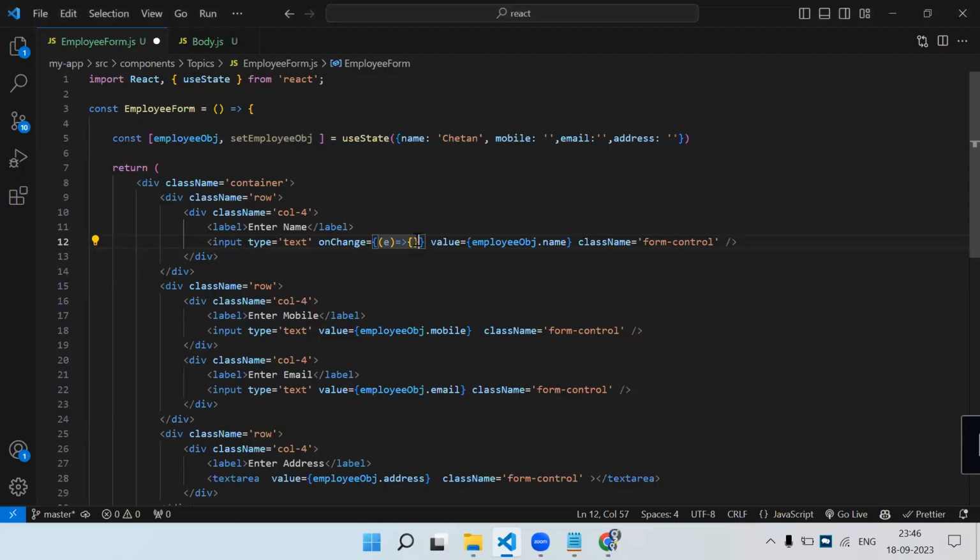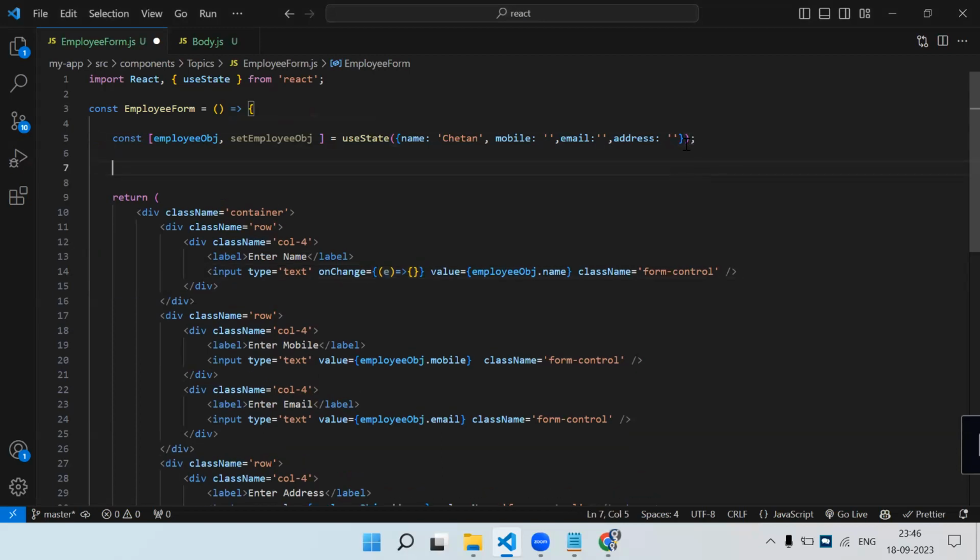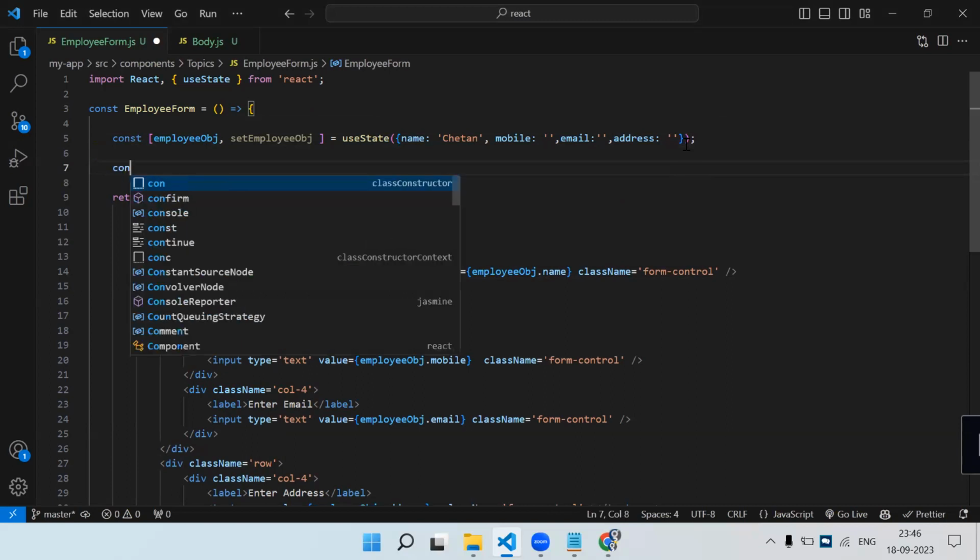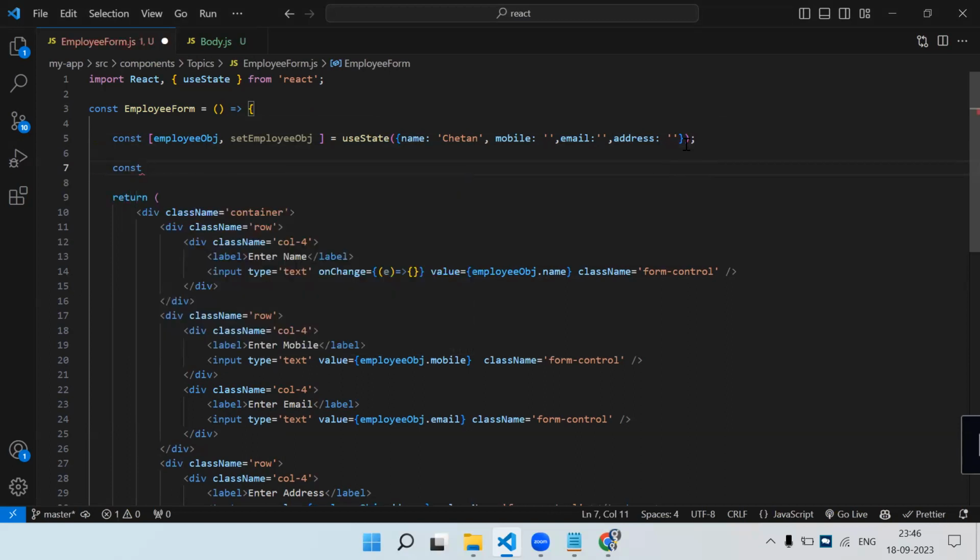Now here we need to pass the function. So let's create a function first. Now function is something new over here. So let's create a function which will be dynamic because we are going to change the object. So for every text box, creating multiple functions is not a proper way. So we can create one function and that function will be responsible to change all the particular fields with all the text box, right? So for that, change employee